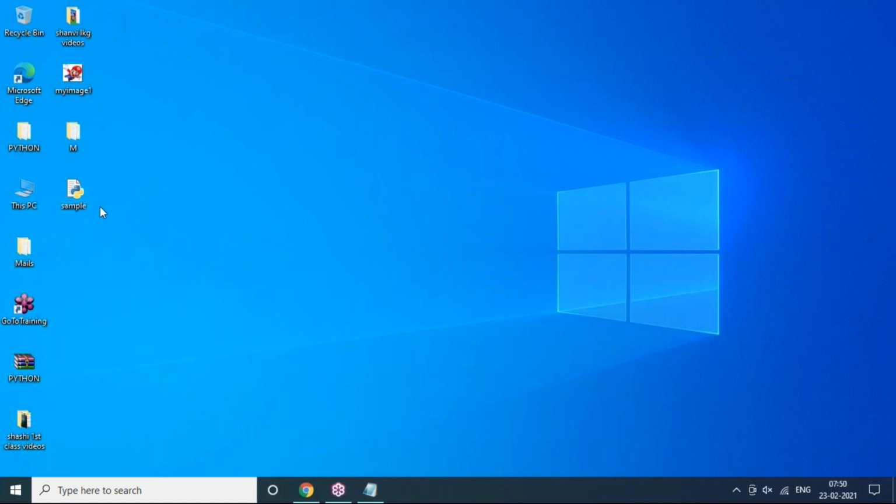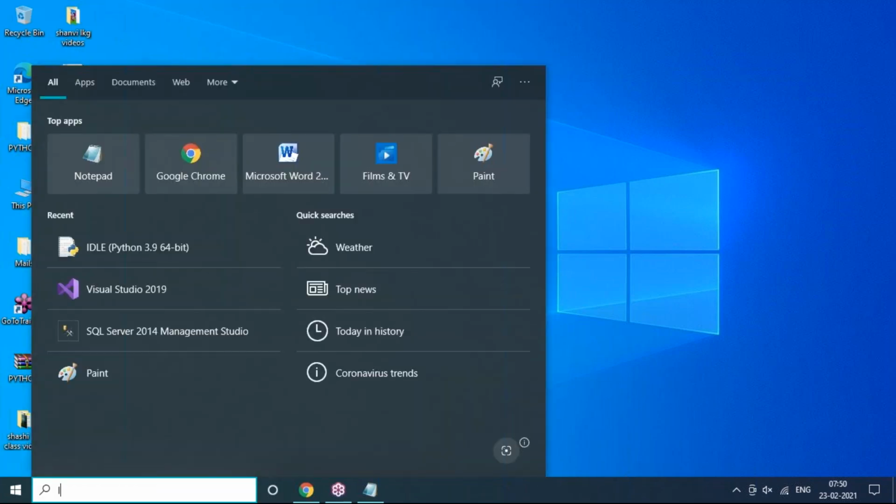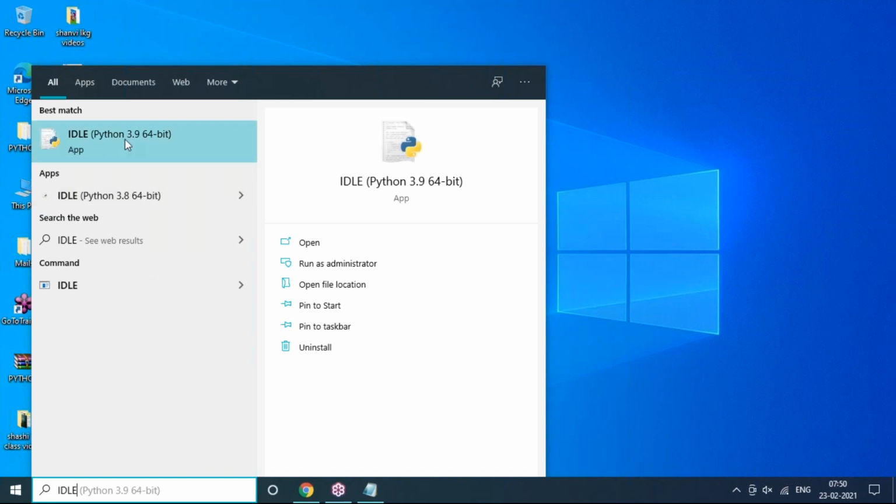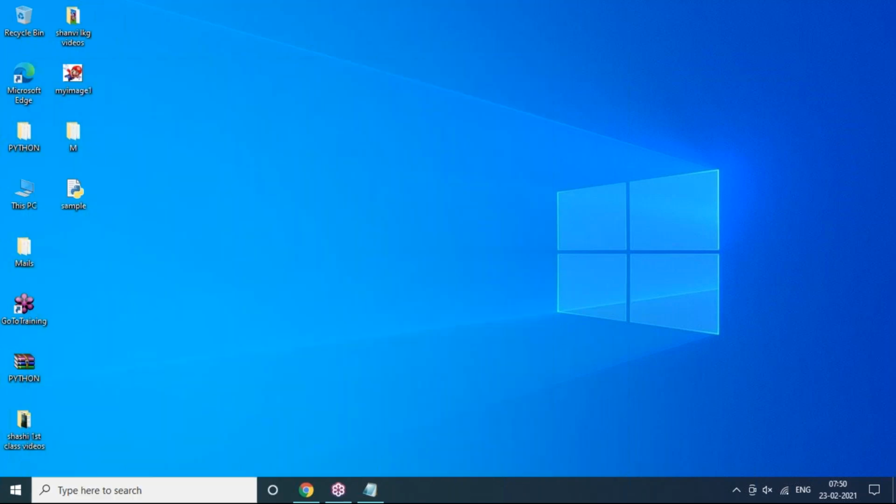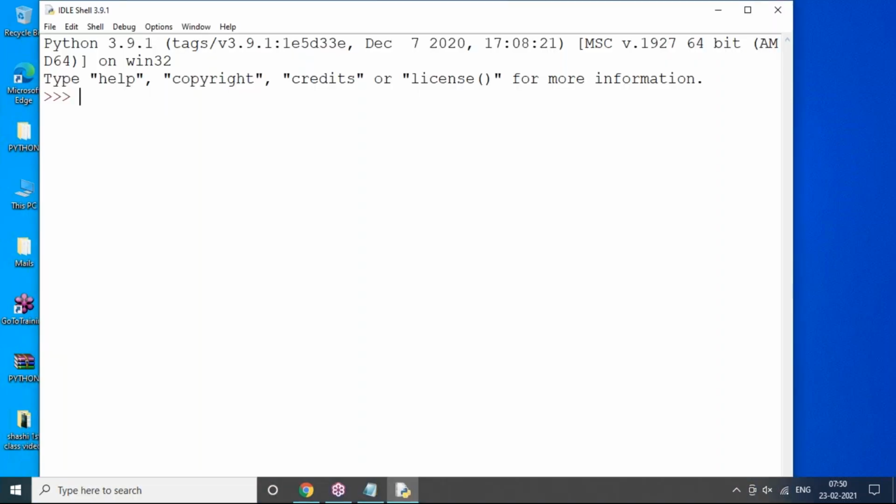First way, I'll show you how to open with IDLE software, because we already have IDLE. So let's open IDLE. As soon as we click on IDLE, you'll get an interactive window. Here you can type and enter and you will get your output clearly. But I don't want to type my code here because I already have a script available with me. So I would like to open that.